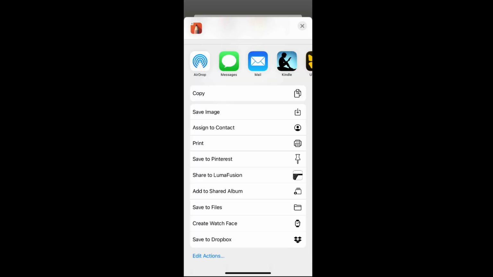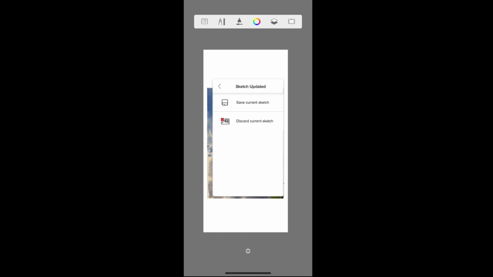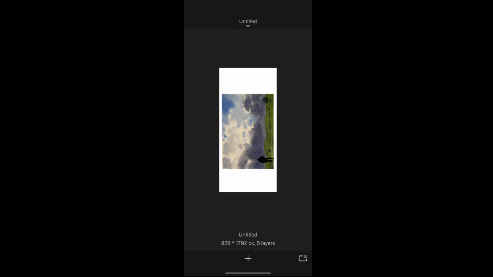Save image, that will save it to my photos. Or if I want to save it, I can click gallery, and it will give me the option to either save the current sketch in the gallery or discard the current sketch and have a new blank canvas so I can work some more. So let's click Save Current Sketch, and now it's saved,